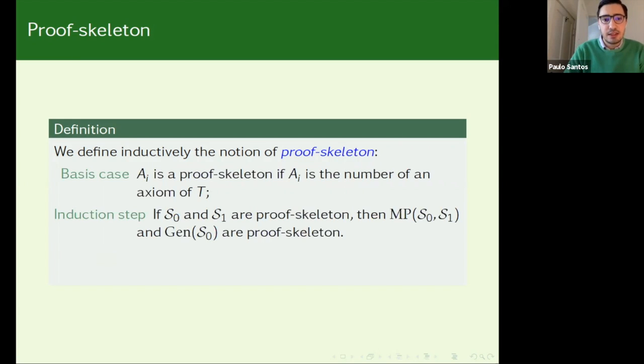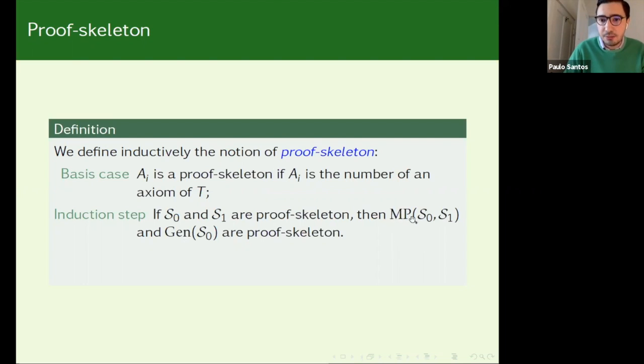And the induction step is again very simple. If we are given two proof skeletons, then this array of symbols where one substitutes the given proof skeletons, and this array of symbols are also proof skeletons. And as I said, proof skeletons are syntactical entities. They are arrays of symbols. Of course, they have an intended meaning of representing the list of axioms and rules of proofs.